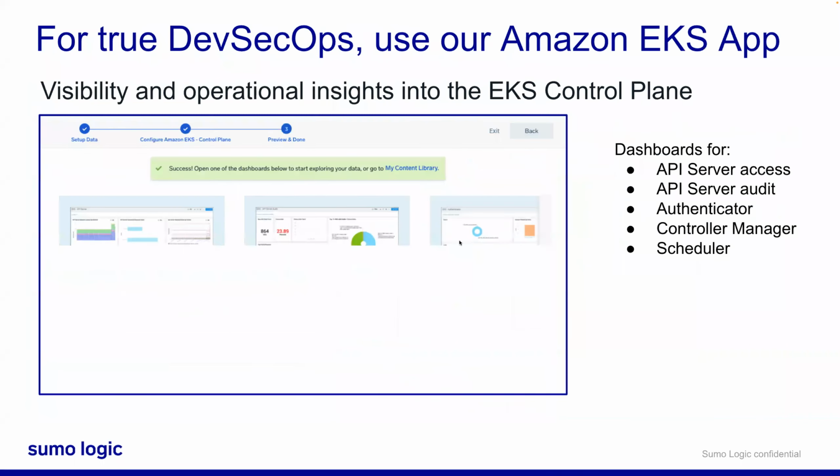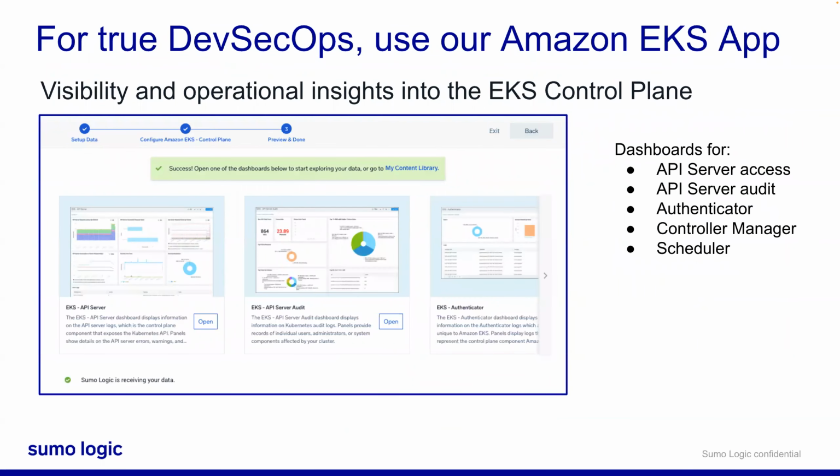All right, got two more slides here. Now, for the DevSecOps group, the Amazon EKS app is going to be best. Amazon EKS, Amazon Elastic Kubernetes Service, for those of you that don't know what EKS stands for, although I feel like everybody in this audience probably does, allows you to easily deploy, manage, and scale container-based applications with Kubernetes on AWS.